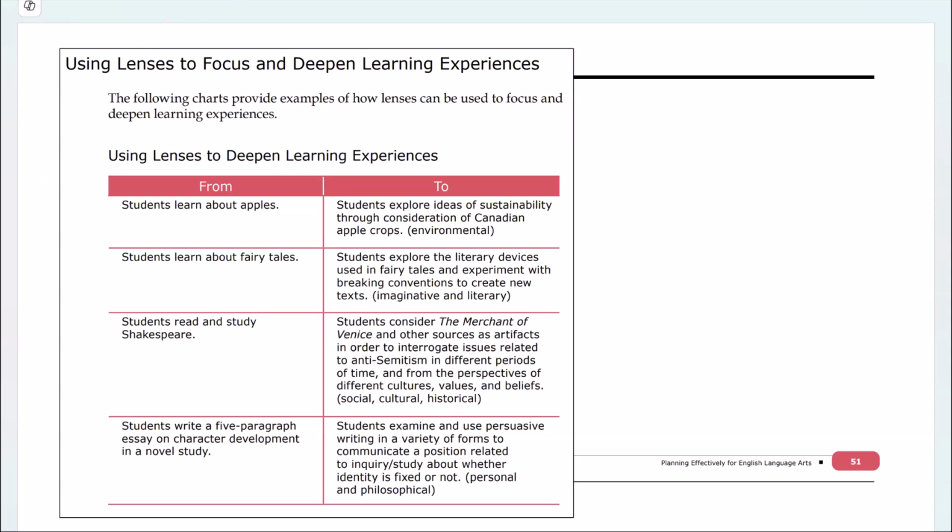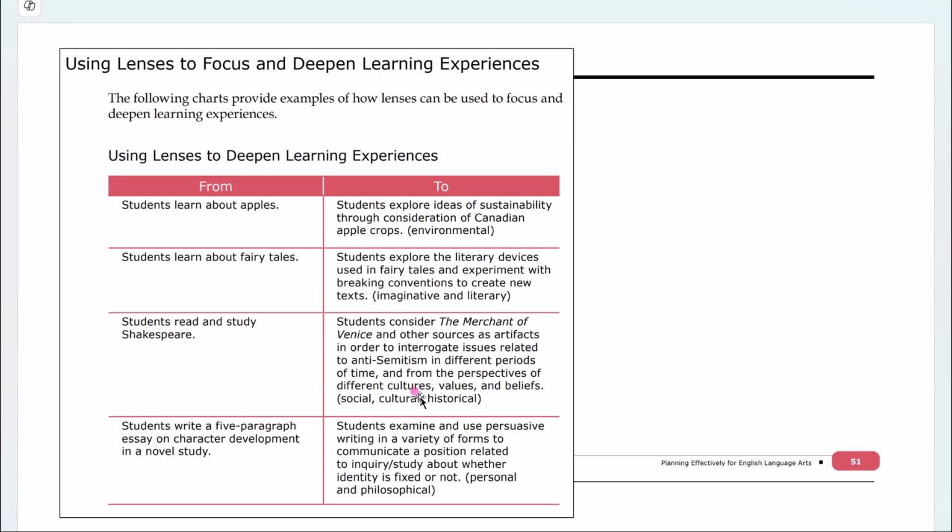Another thing to look at when we're using these lenses is to focus and deepen the learning experiences. This chart is on page 51 of that document. You can look it up, but it goes from simple, straightforward things like in grade 9, what do I want to do with my students? I want them to read and study Shakespeare. But then we can get a little more specific, and what we're trying to do is deepen their learning experiences. So changing that from students read and study Shakespeare to